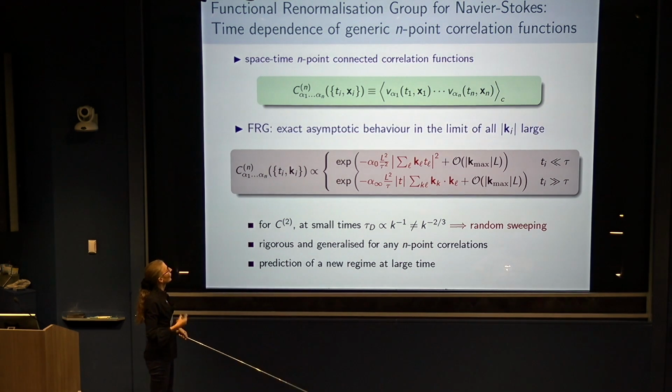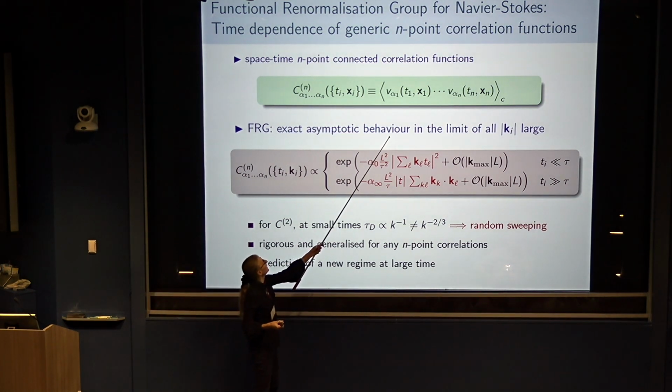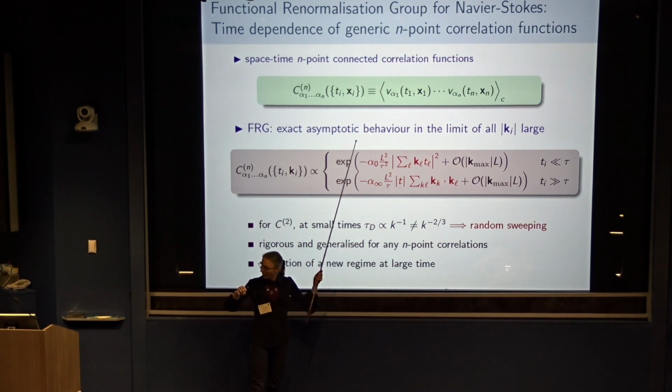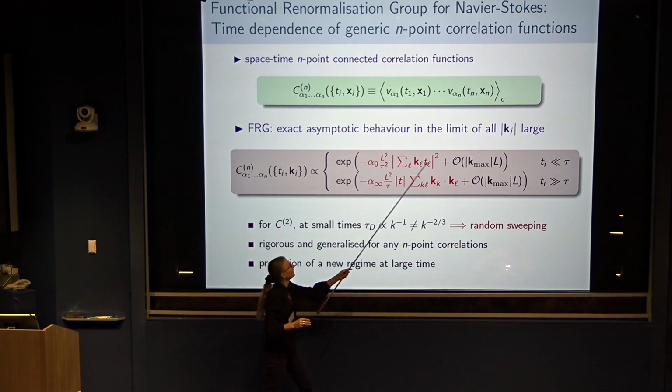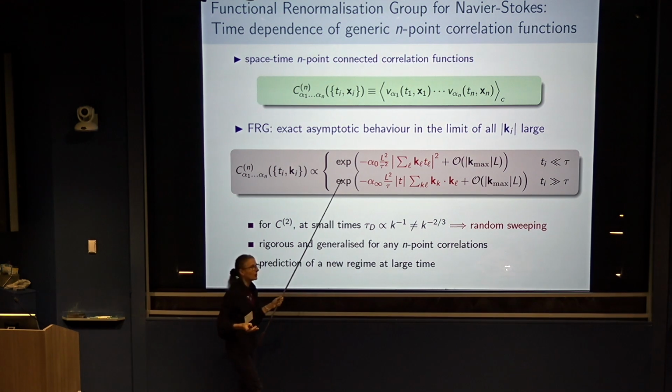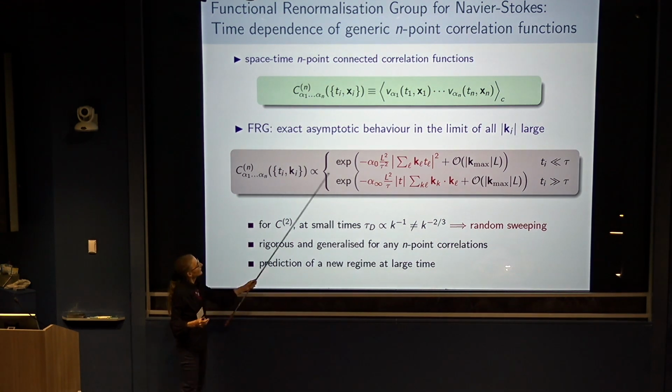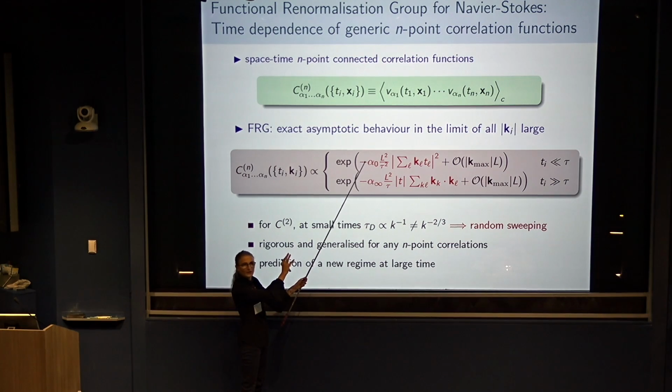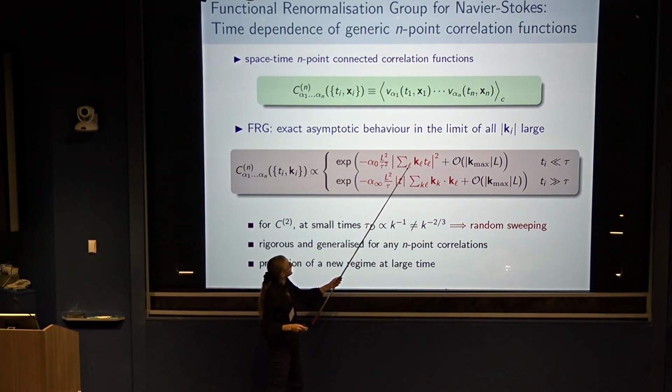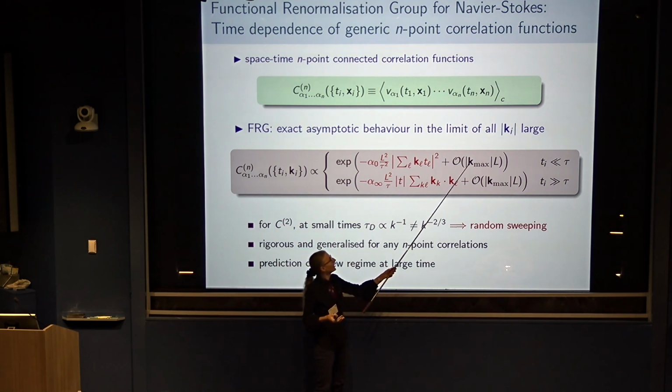And we've been able to show one thing: if you take a particular limit, so you have a homogeneous system, so you can go to Fourier space. And if you take the limit where all the wave numbers are large, okay? All of them are large, and also their partial sums are large, then this object has the following asymptotic behavior. So don't worry about the expression. It looks complicated, but I'm going to illustrate it at length after that. What is important is that you see that the term in red is calculated exactly, so it's exact. It's of order k squared, right? And the next correction is of order k max, okay?